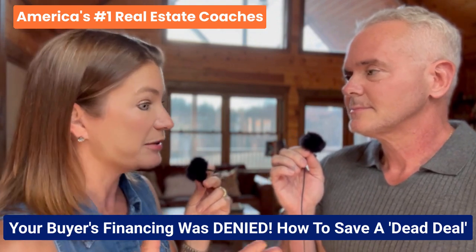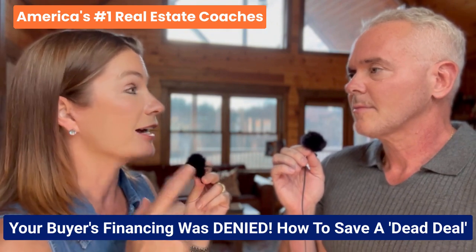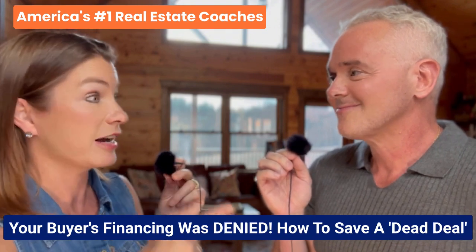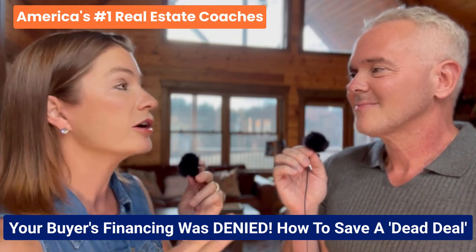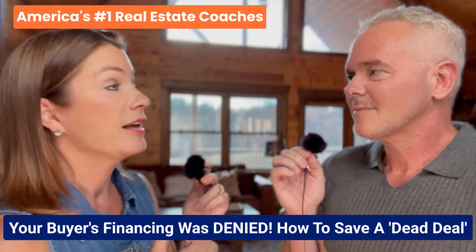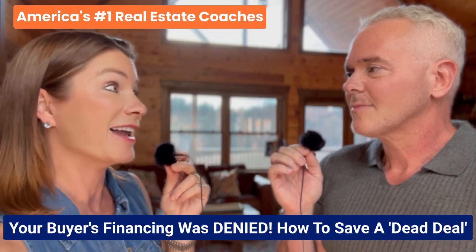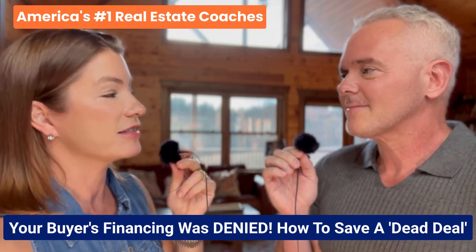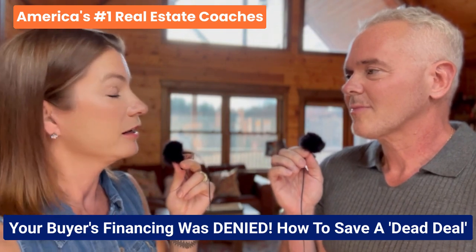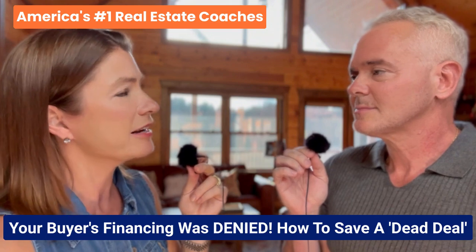Lenders require specific debt-to-income ratios in order to qualify a borrower for a mortgage loan. You guys had to learn this. This was a question on the test. They calculate the buyer's total expenses divided by their gross income, which equals a ratio. Housing-related expenses divided by gross income is an indicator of how much of somebody's income they're spending on their house payment, right? It seems logical. Typically, the debt-to-income ratio should be about 36% or less, and the total housing expense 28%